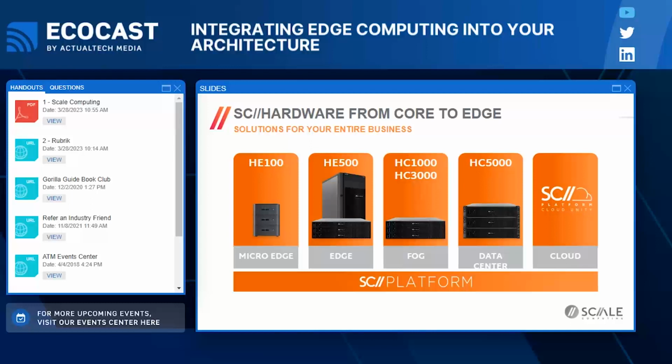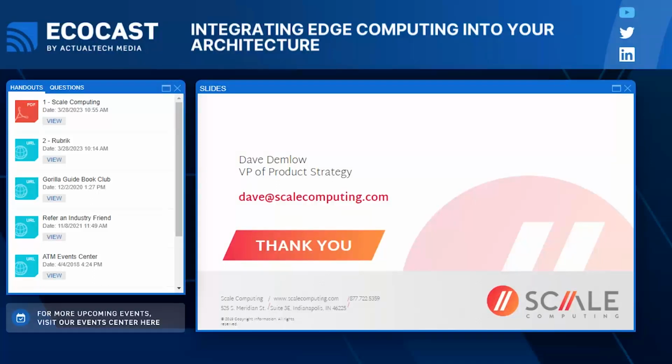What types of applications can I run on SC HyperCore? Our goal is to be the platform for all your applications, so that you don't need to deploy or manage point solutions and deal with the hardware and the operating system stack. The simple answer is pretty much anything that runs on x86 infrastructure. Windows, Linux, we do certifications with all the major vendors, and we have a support matrix of all the versions that we test with. And then any applications that run on top of that.